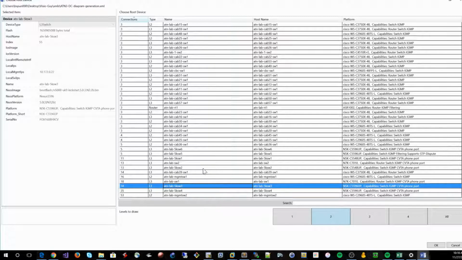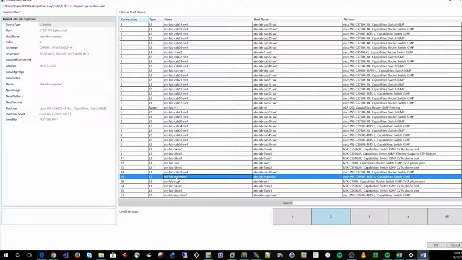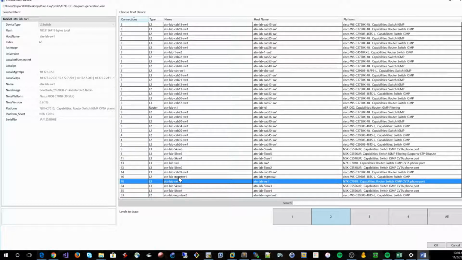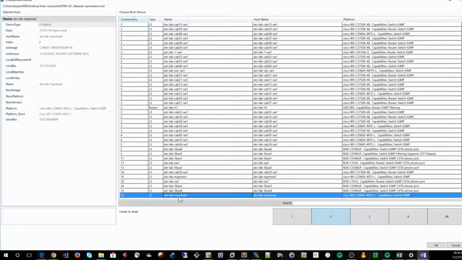The next highest number of connections is the core here, 18 connections, and then another fairly big management switch here. So we'll build a management network here out of 16 devices, and a management network here that has 53 devices